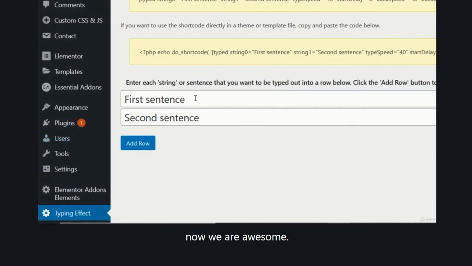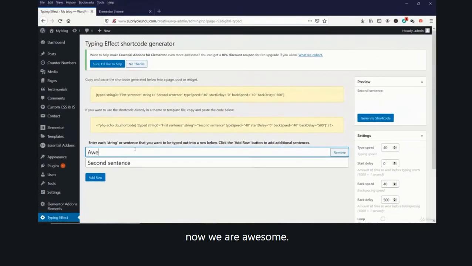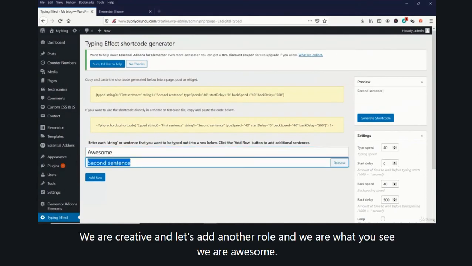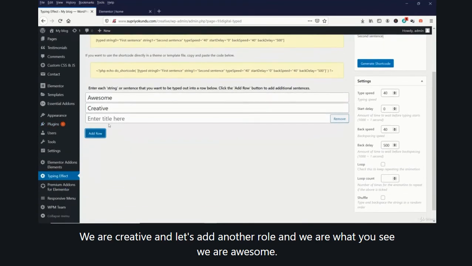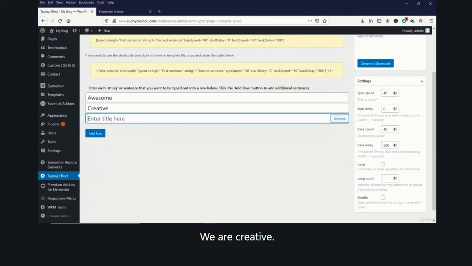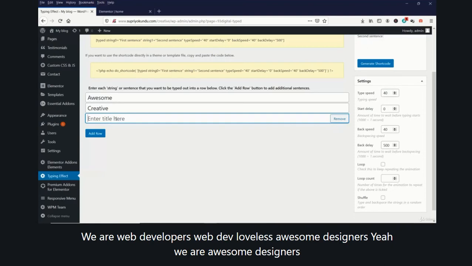Now we are awesome, we are creative, and let's add another row, we are awesome, we are creative, we are web developers, awesome designers.